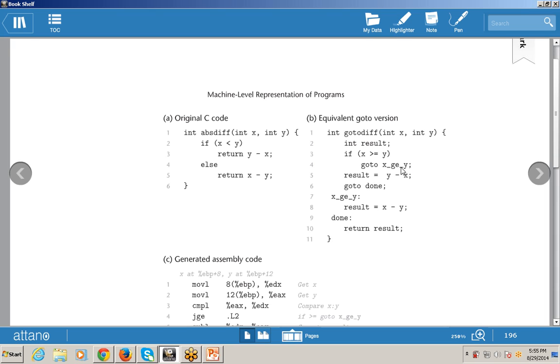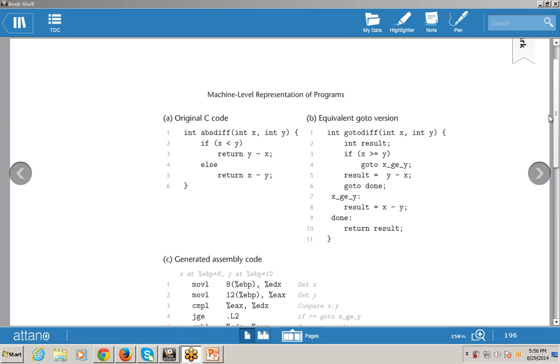So now this is the function. Now the explanation of this function is this one. If this condition is true, that is x is greater than or equal to y, then go to the next label, that is x_ge_y. Otherwise result is y minus x, and then goto done. That is your goto statement. So this is a multiple figure.